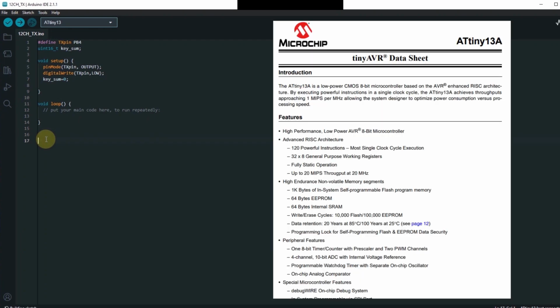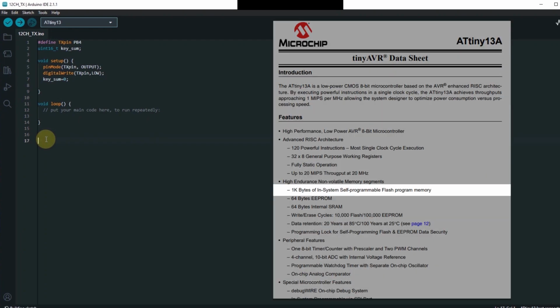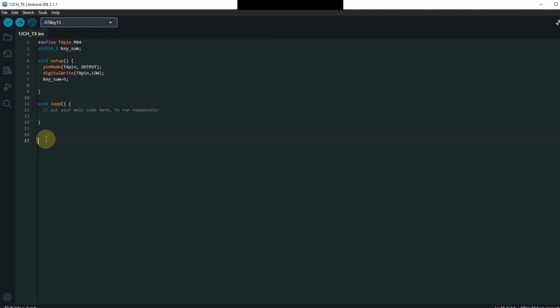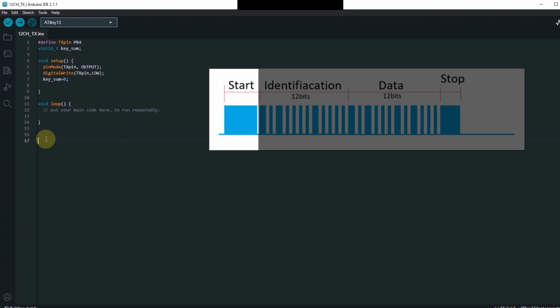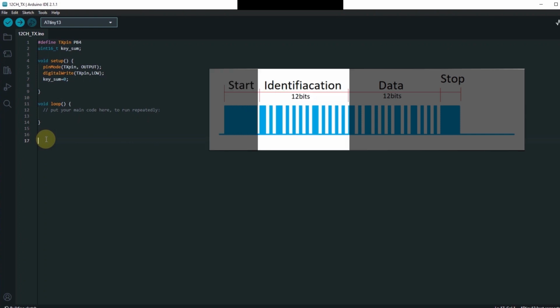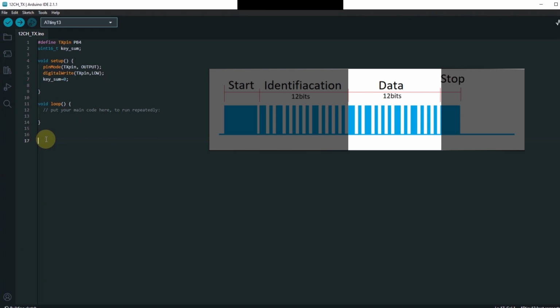Since I'm using ATtiny 13A, I only have 1K programming space. So I have to use my own encoding method to minimize the memory consumption instead of using pre-written libraries. My method is like this: it has a start pulse, then 12 bits for identification, another 12 bits for data, finally a stop